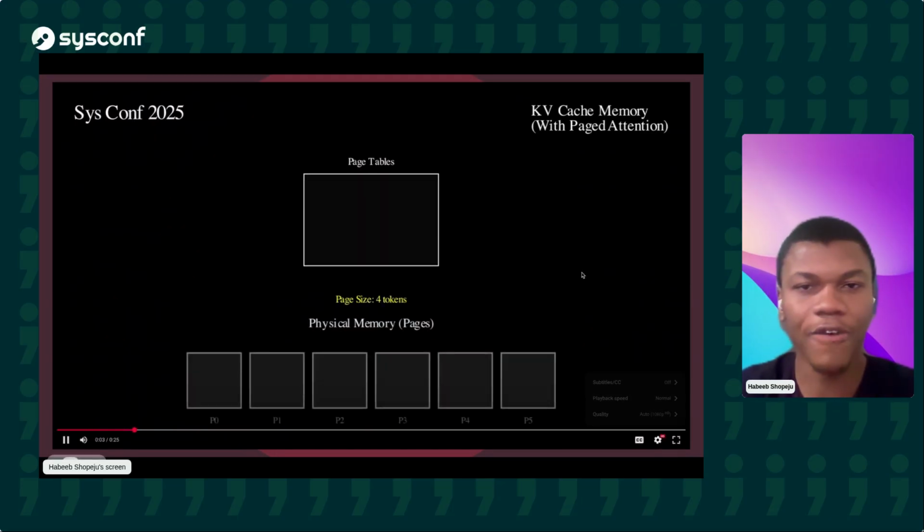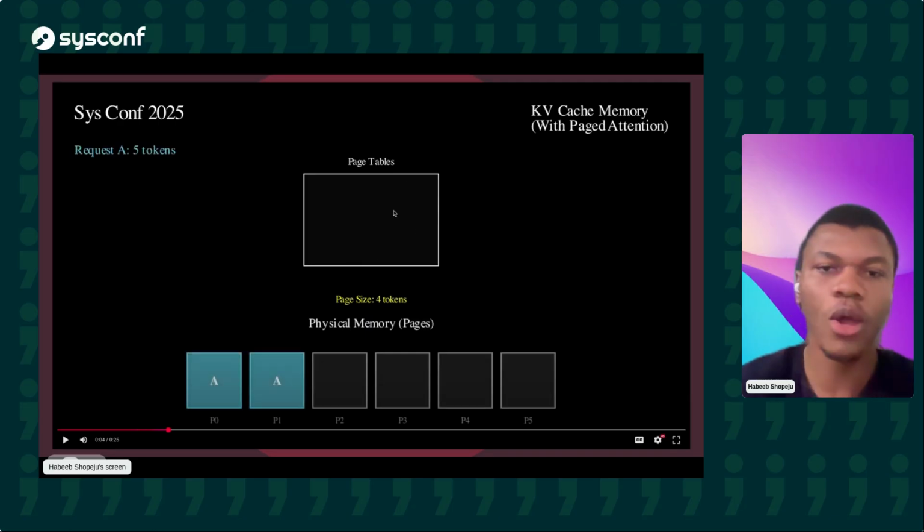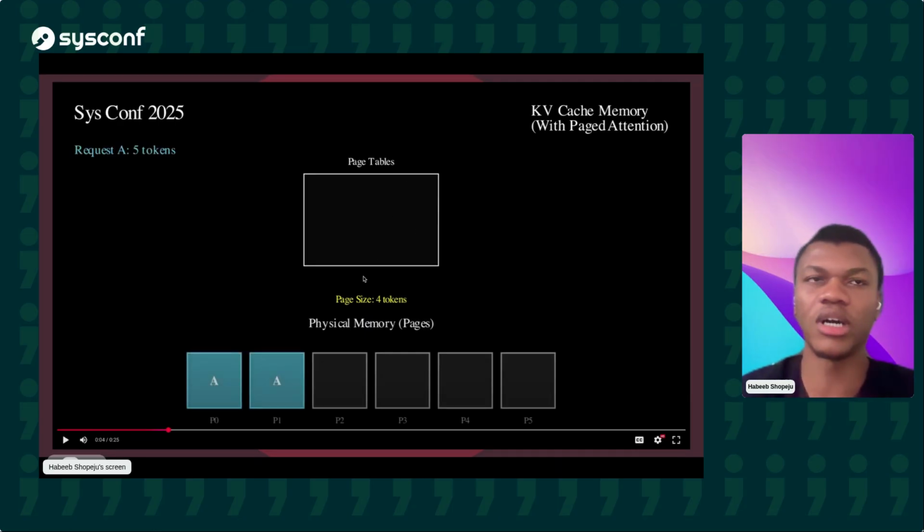So let's say you have a page table where each page represents 4 tokens. So you have P0 to P5 here, with 4 spaces in each if you think of it that way. You have your first request here dealing with 5 tokens. This takes 2 pages of memory. But because it's dealing with pages, it's actually taking 8 here, because you can't share pages between multiple requests in this setup.